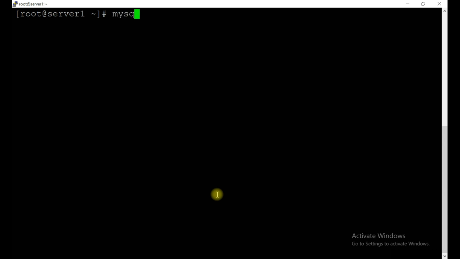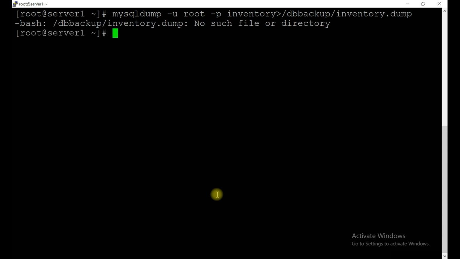So let's do mysqldump -u root -p, then the database name that we need to back up, and you can direct it anywhere, maybe /root/dbbackup, and the name we will keep the same, inventory.dmp. The backup directory is not available, so we will create this directory first.